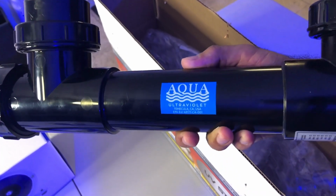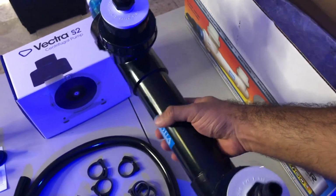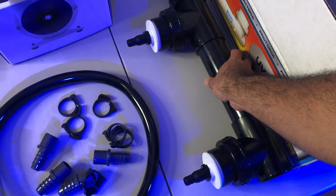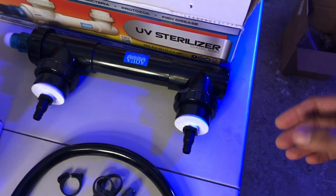This one is made from Aqua Ultraviolet, this UV sterilization. It's a very beefy unit. It's rated for 150 gallons. All right, so my system is roughly that. I don't think I get close to 130, so it should be